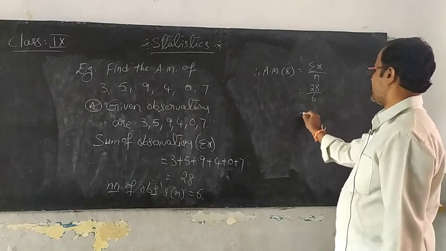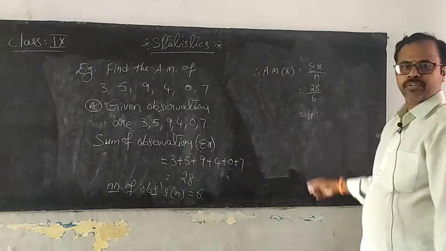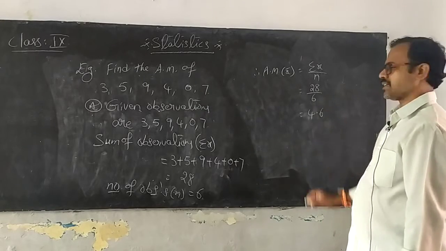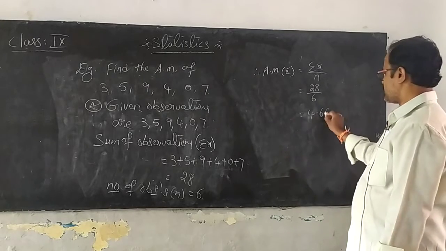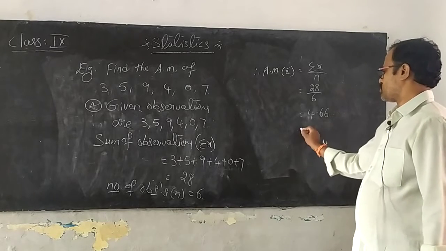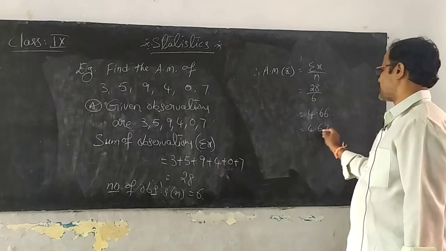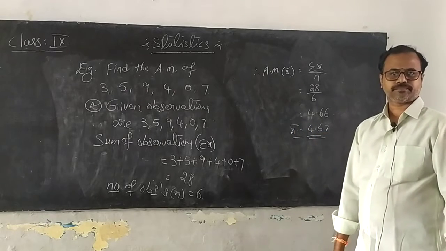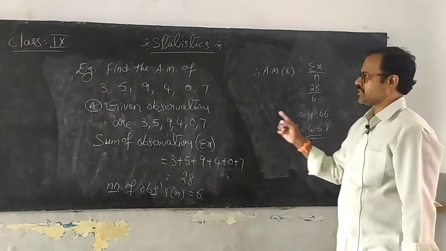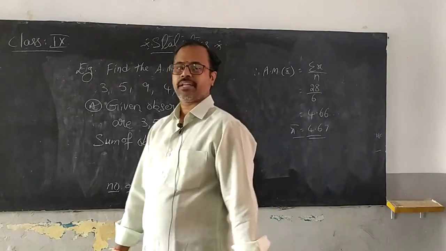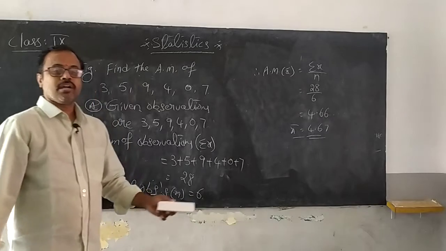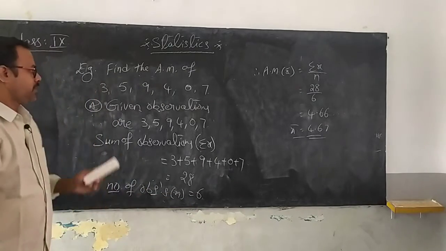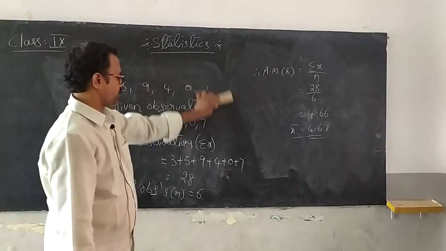Okay, you are going to divide. 6 4s are 24. 40 will be there for you. Okay, next how much you take? 6 6s are 36. Again you get 40. 6 6s are 36. It goes on. So your answer is 4.67 approximately, the arithmetic mean. Okay, Nana? Right. This is one method of finding the arithmetic mean, and this model is for arithmetic mean of raw data. Right. We come to the second method.